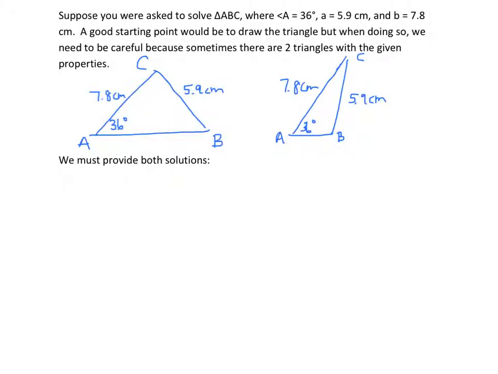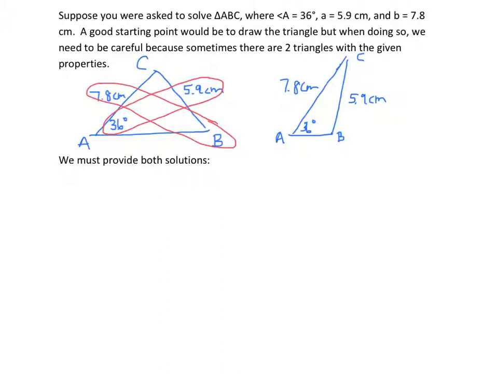Okay, so continuing on where we left off with the ambiguous case for the sine law. In this question then, we're asked to solve this triangle. So we would have a look at this and say, well, we know the measure of angle A and its corresponding side, so we're definitely going to use that information. And since it's side B that's given, let's start there and use the sine law to find the measure of